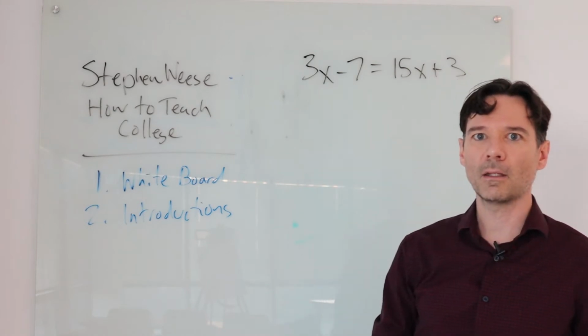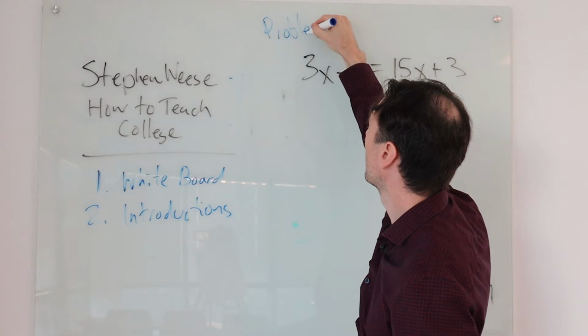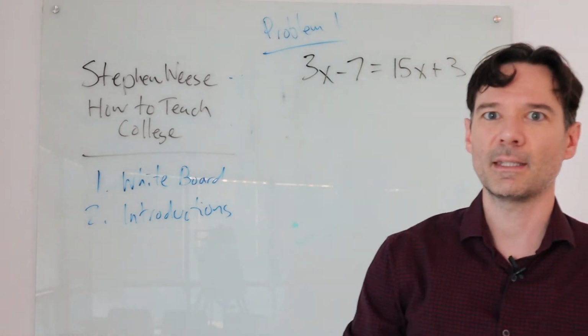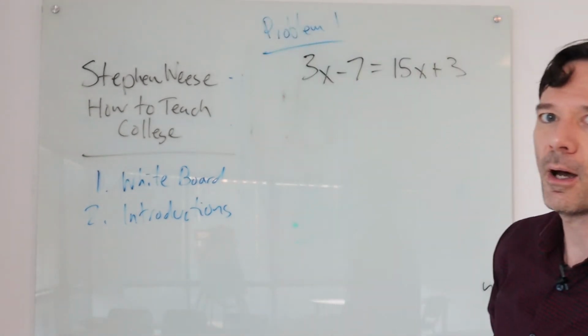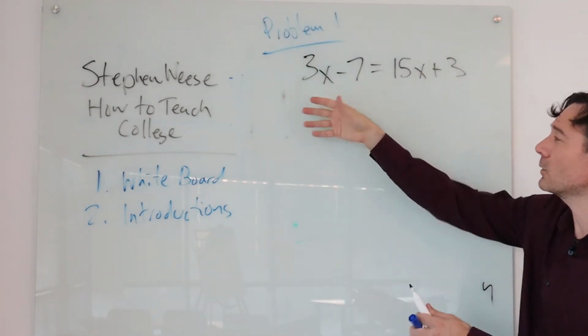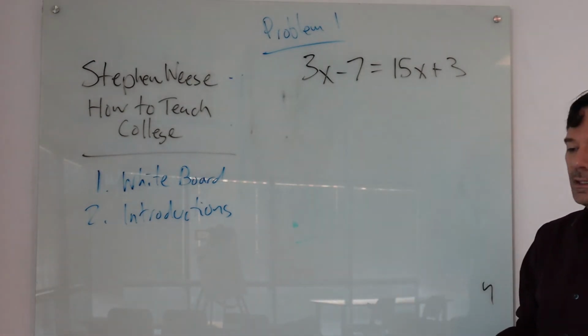Okay, so now I can use color here to say like problem 1, and you can see that is separate from, don't stand in front of it, right? See, that's separate from there. Now as I'm writing too, I'm kind of standing to the side here, and you can see what I'm doing.